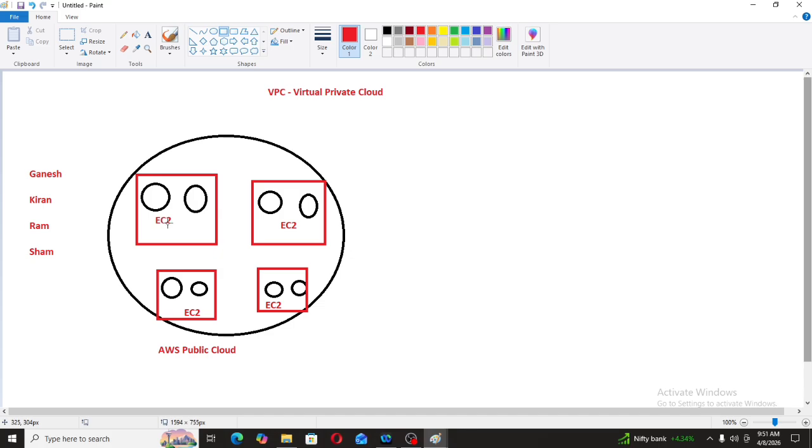In the AWS public cloud, each of them had launched EC2 instances publicly. There were chances of hacking and everything, so they wanted to keep their EC2 instances safe. So they launched a private cloud virtually, and this concept is called a virtual private cloud. Now these VPCs cannot communicate with each other by default, but if required, yes.